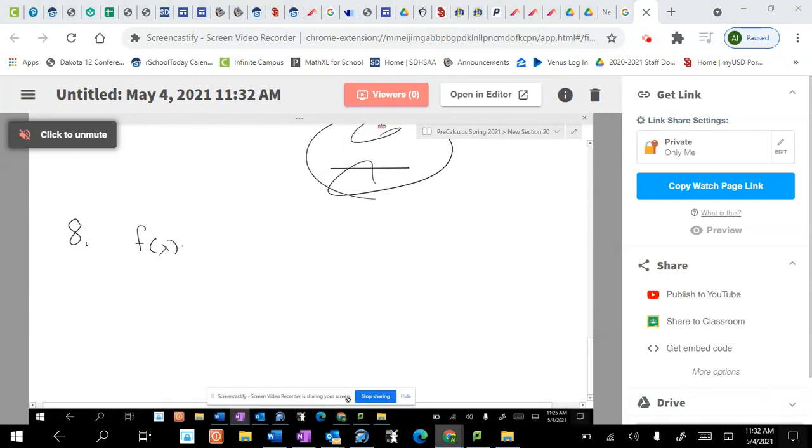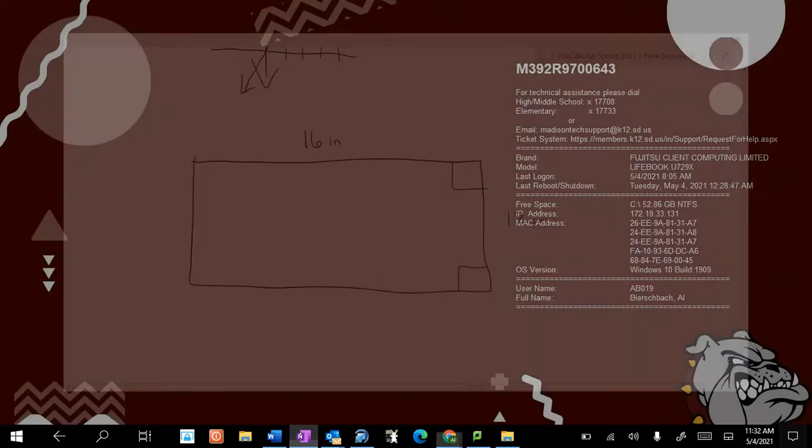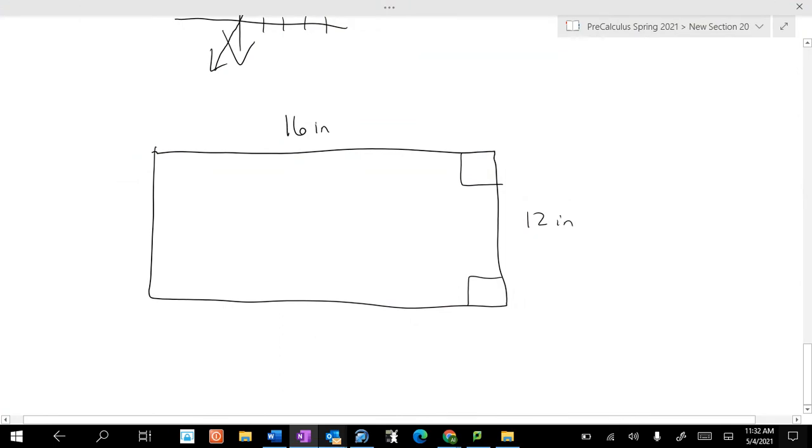So I don't bump it. All right, so 16 inches, 12 inches. You've got corners that you're going to cut off, and then you're going to turn it up, and then you're going to figure out what will maximize the volume. So if this is x and x and x and x and x and x and x,